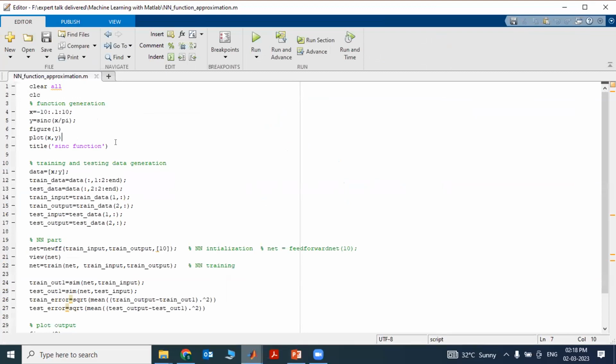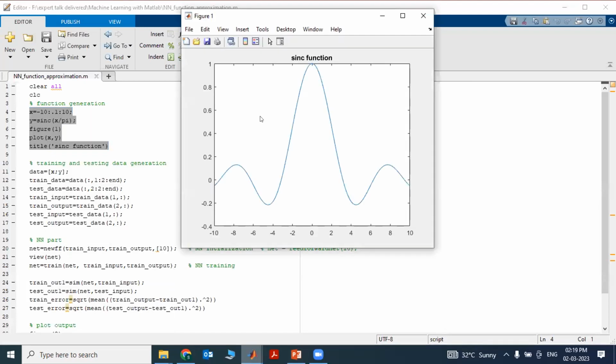Okay. So my objective is to approximate a sinc function using a neural network. This is the sinc function graph. Sinc means sin x by x. All of you are aware of sin x by x, right? It has a very good application in signal processing. This is a best example of a nonlinear curve. You can see this is a function, and we are taking x values from -10 to 10, so this shape is there. Now my objective is to approximate this nonlinear function, the sinc function, using a neural network.